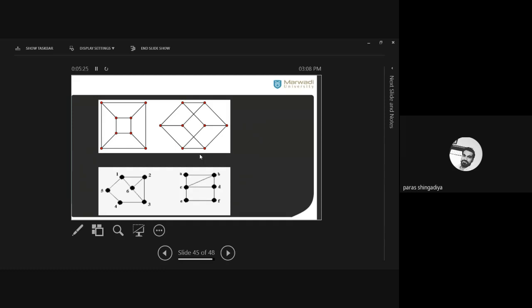Clear? So that we apply to this first case here. In this first pair, they are isomorphic graphs, and the second is not an isomorphic graph. Why are they isomorphic graphs here? So what is the first step to apply that? You have to check the number of vertices and number of edges. So both have the same in the first pair.